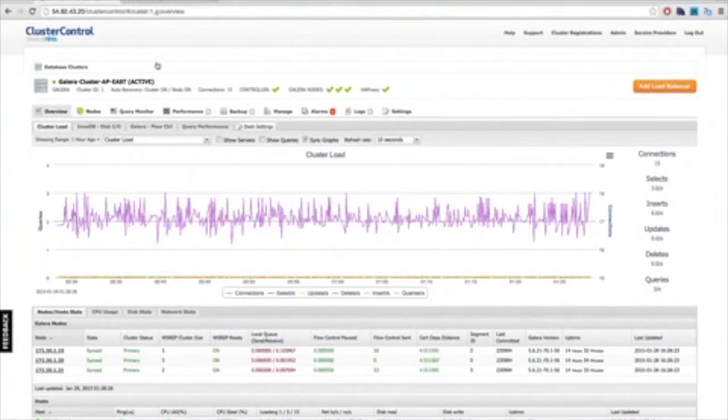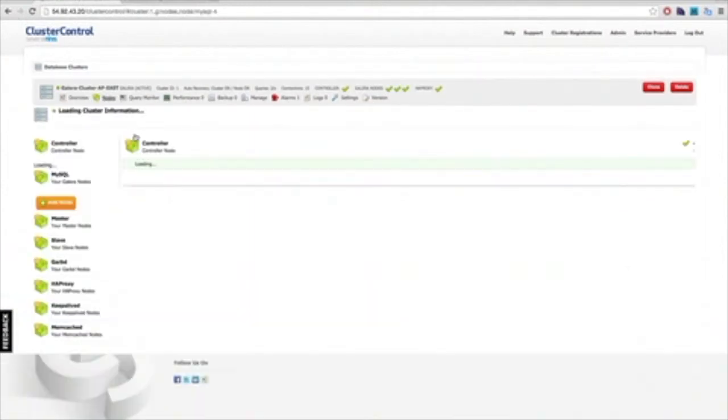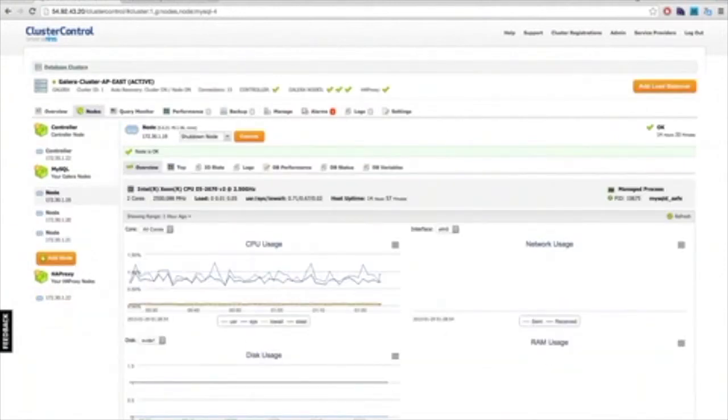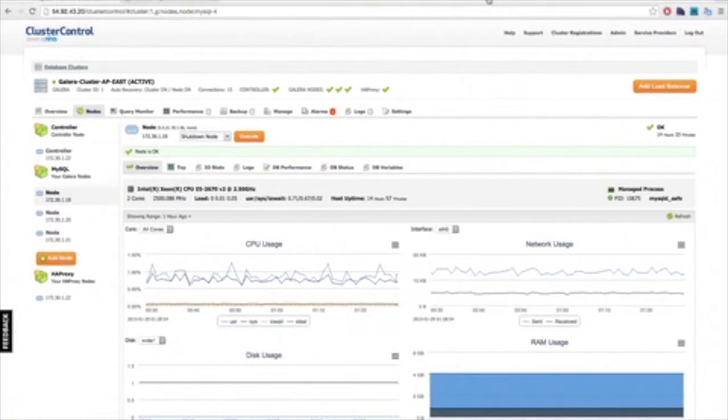So here, I hope you can see this, I have ClusterControl up and running. We have a Galera cluster that I have on Amazon, a 3-node Galera cluster, and I've already installed HAProxy, which you can see here in the list. The way to install HAProxy with Galera in ClusterControl is a function called add load balancer,